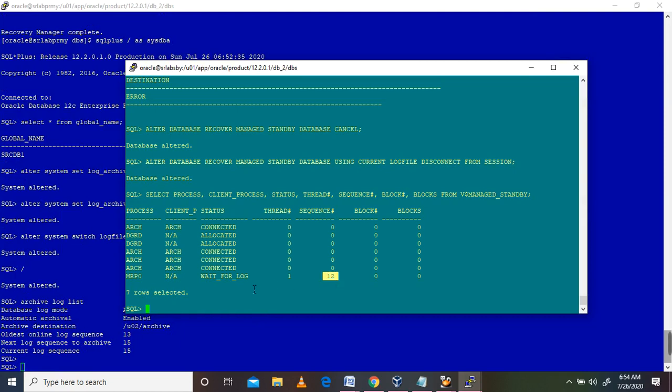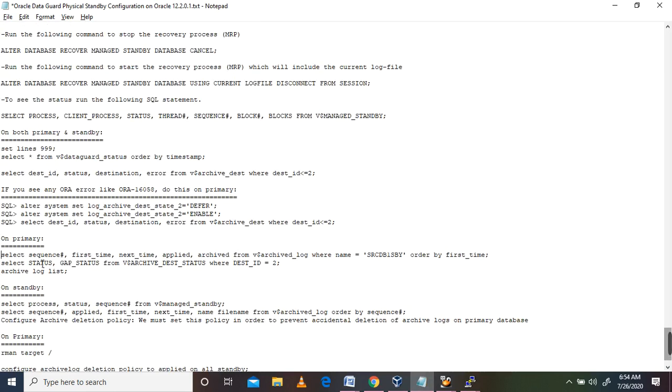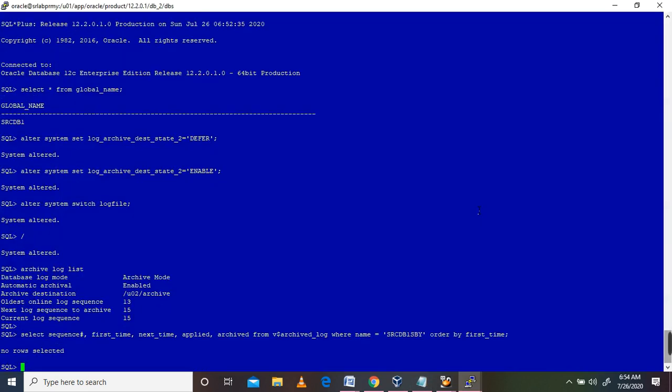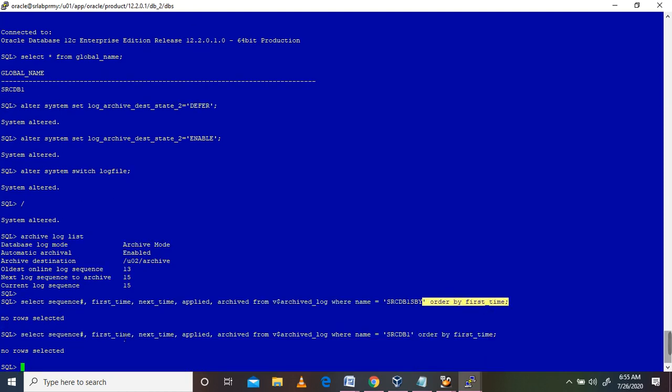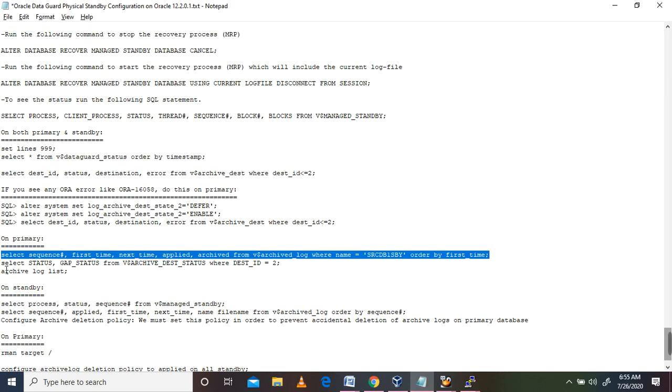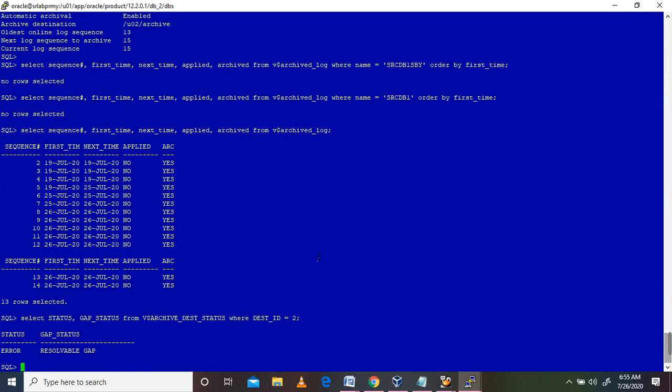Here it is 15. So there is a resolvable gap.